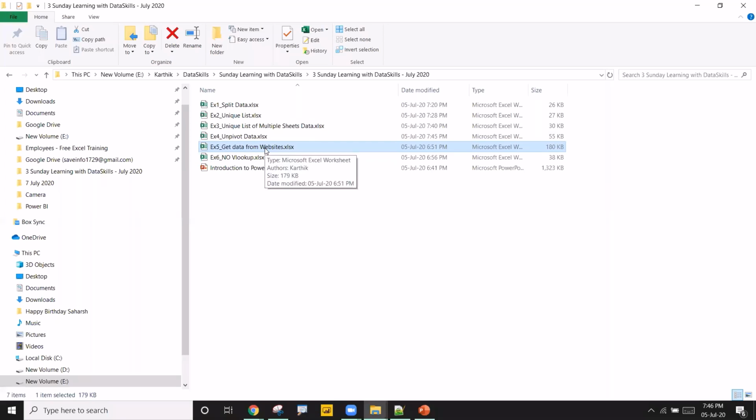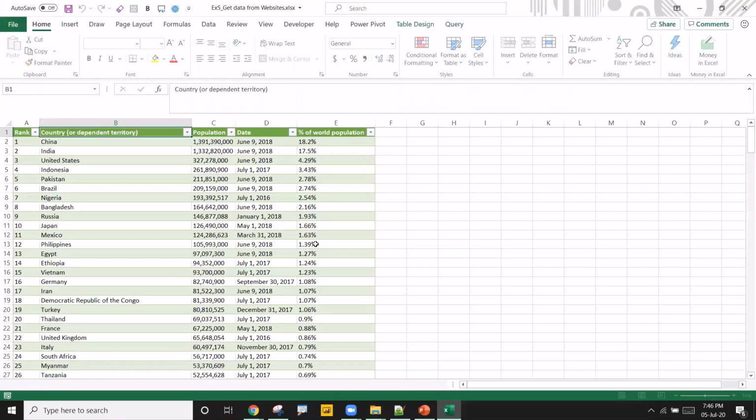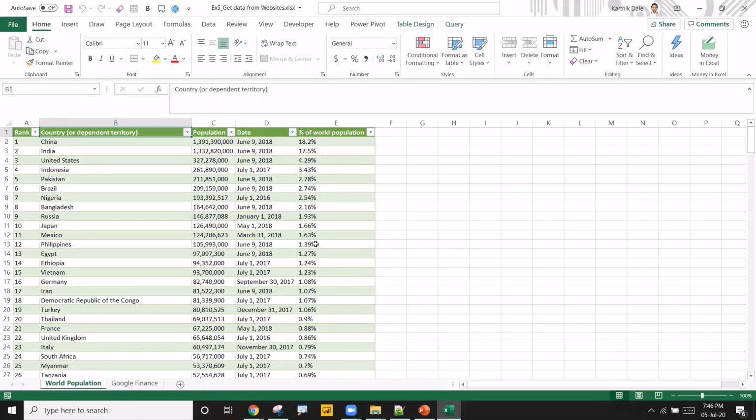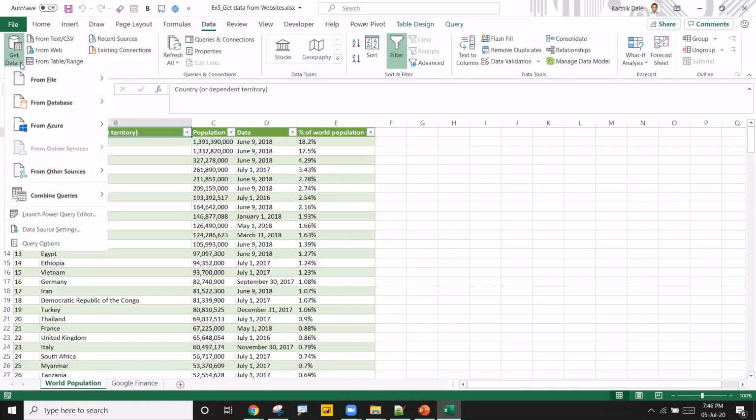Now I'll be showing how to get the data from websites. Earlier, in all the 4 examples, we were getting the data from a table, Excel data, from there we were getting it. But not only from Excel, you can also get the data from the website, text file, or from a folder.